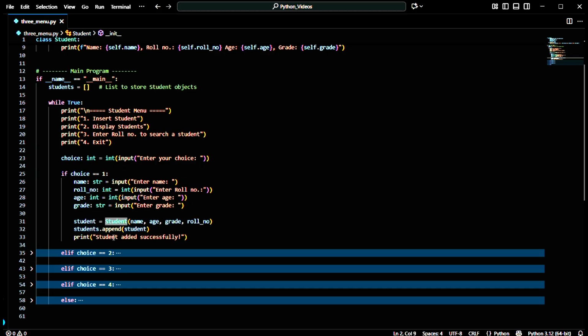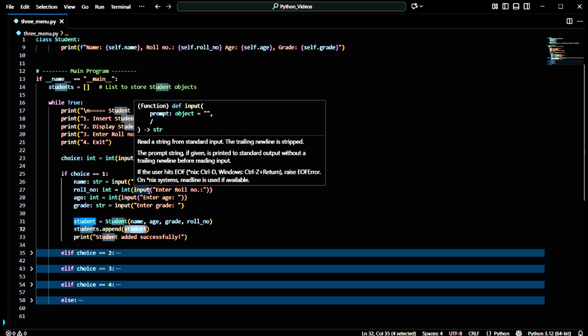We have already got the details of the students because we are taking the user input. So now we will use the append function with the help of the dot operator to append this information into the students list, and we need to pass the instance name as the parameter. Okay, so my student is added successfully. We can add 1, 2, 3, 4, 5, any number of students. It doesn't matter. You can add any number of students. Now this was the user input.